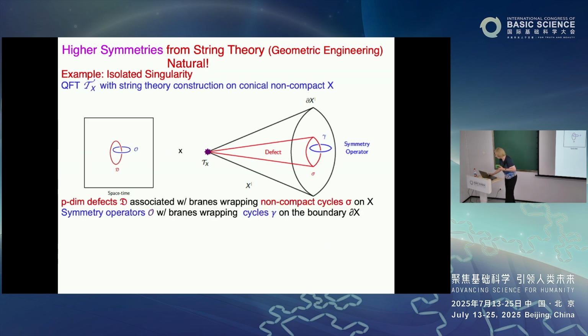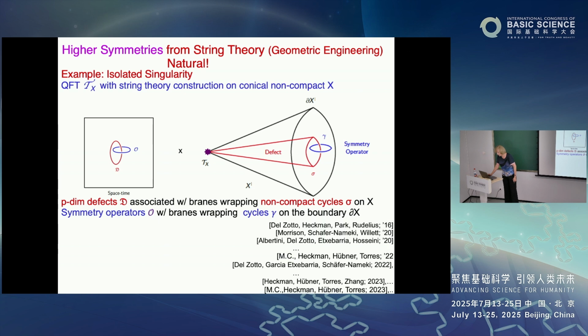So this geometric observation, as I said: defects that wrap non-compact cycles, and symmetry operators that wrap cycles on the boundary in the extra space. This geometric realization of higher symmetry defects and operators, okay,